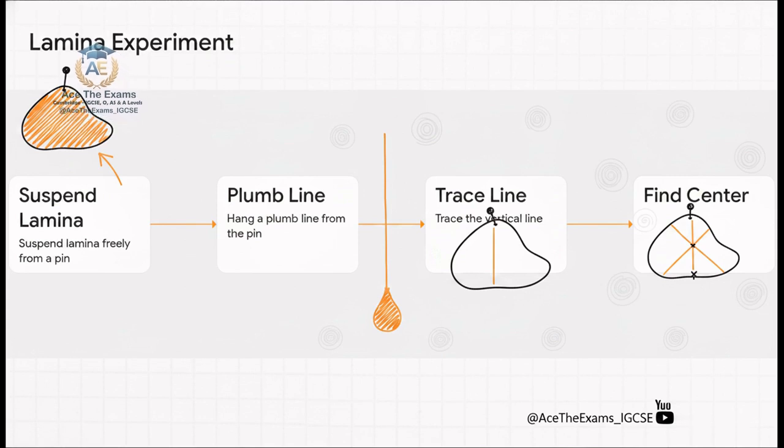Now, why does this exact sequence magically add marks? Because every single step represents a method mark. When Sam wrote, "hang it and draw lines," Sam got maybe 1 mark. But by explicitly mentioning the plumb line and suspending it freely, Sam secures full, undeniable marks. The physics behind this is actually really elegant. When the lamina hangs freely, its center of gravity must lie vertically below the suspension point for it to be in equilibrium. So the intersection of 2 of those vertical lines gives you the exact coordinate. It's brilliant, and you need to know it cold.